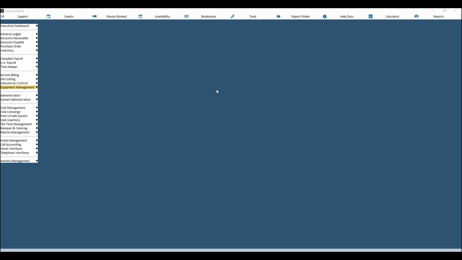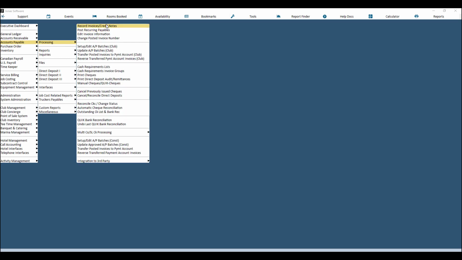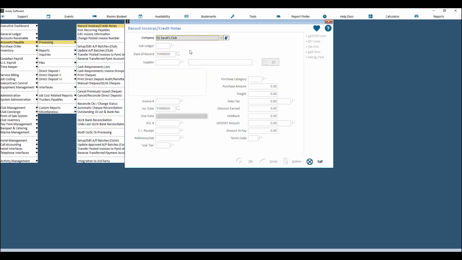To reverse an invoice in Jonas, what you'll need to do is issue what we call an auto credit. To do that, go to Accounts Payable, Processing, and then Record Invoices Credit Notes. Choose your company and your subledger, and then choose your date of record. The date of record when you're reversing an invoice is important because this is when the reversal will hit